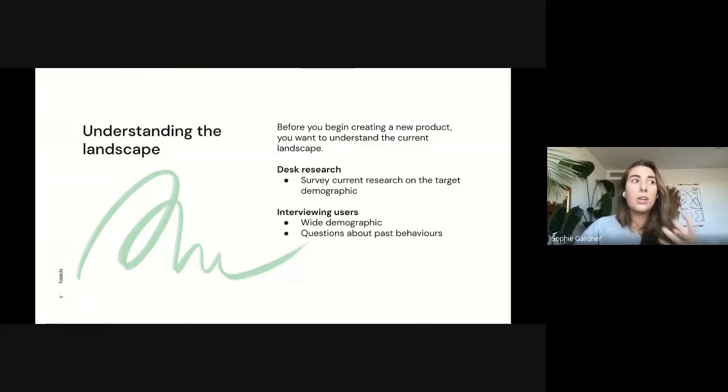Say someone says, I'm going to go to the gym every single day next month, but they end up not doing so. So we often don't really have a good sense of what our future actions might be. So that's why we tend to ask about past actions, so they're more grounded in reality. So because of this,